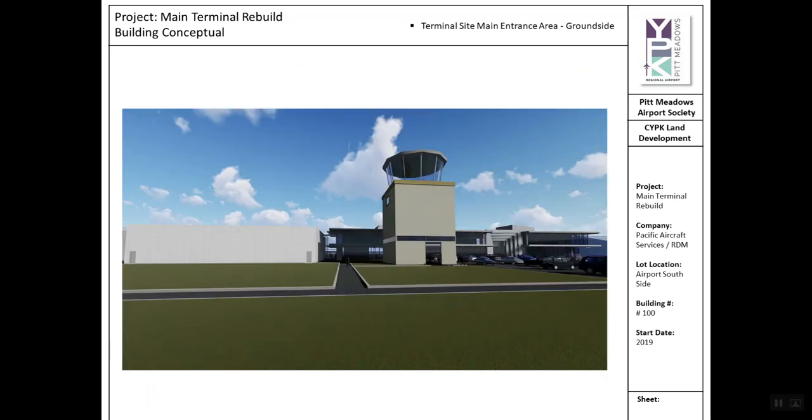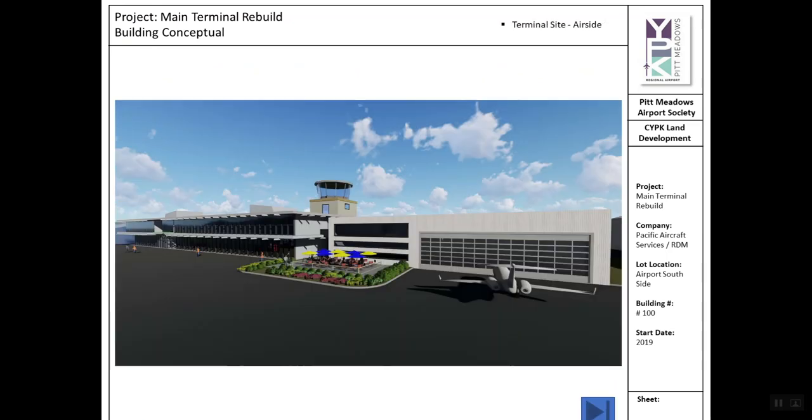You can see here to the left of the terminal building, you have the connected, what we call fixed base operation hangar or executive hangar. It's a walkway, breezeway from the terminal building to that hangar, and that will go up just after the terminal building is built. Here you get the airside view of the terminal building, so you can see the two-floor structure,